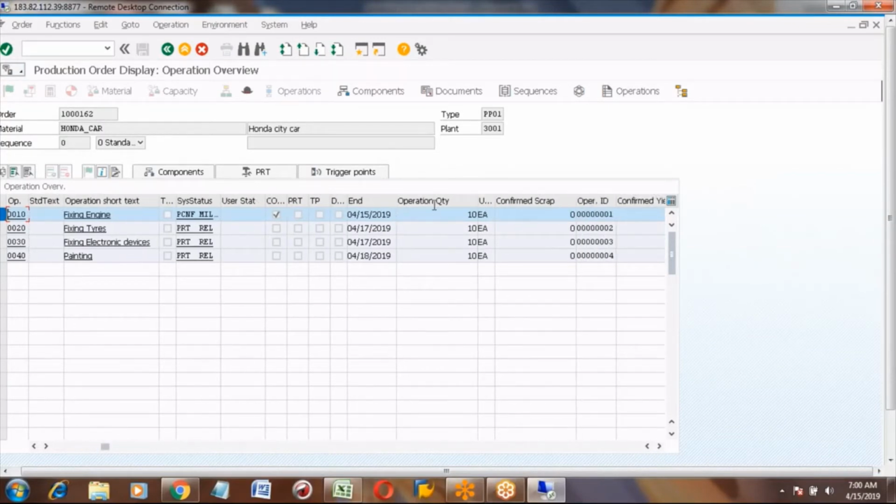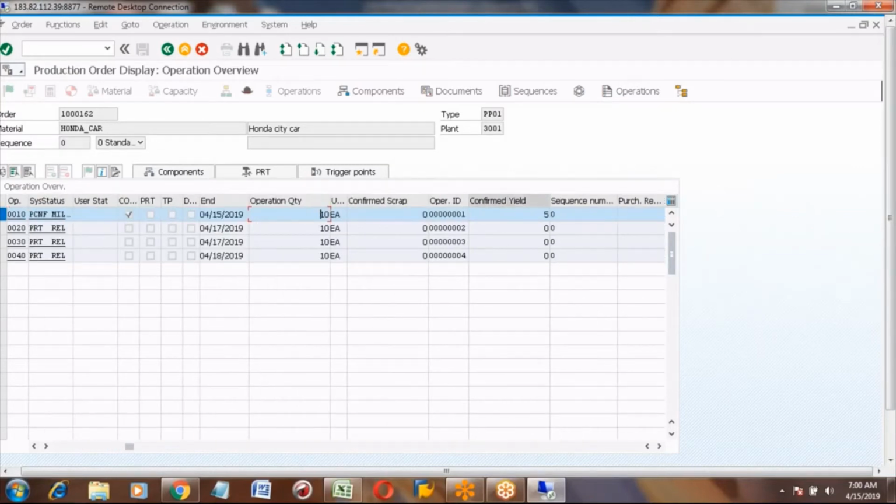This is the operation quantity. That means as per plan you should confirm the 10 quantity. But you can see the confirmed yield is 10. It will update automatically in the production order.